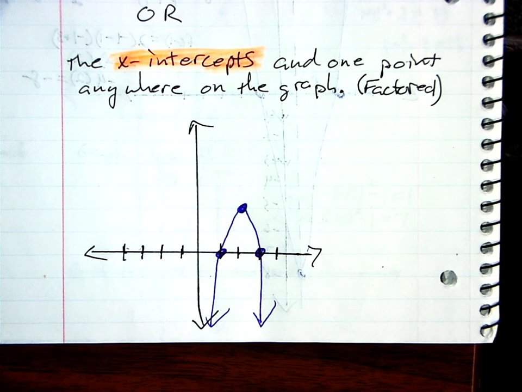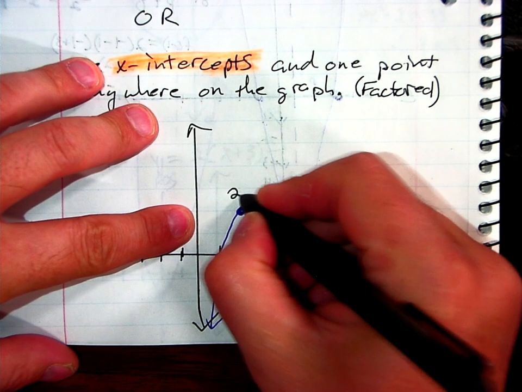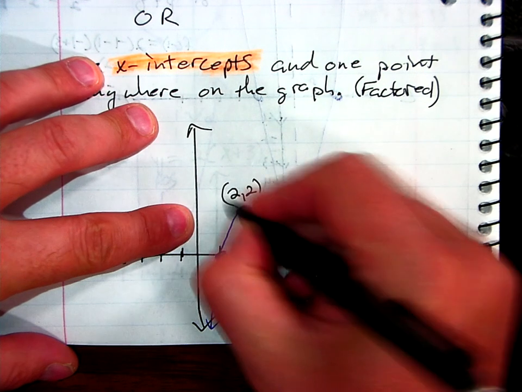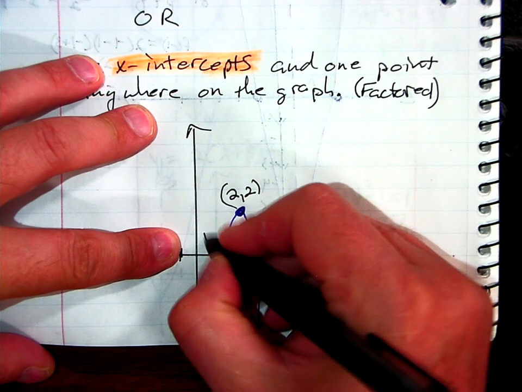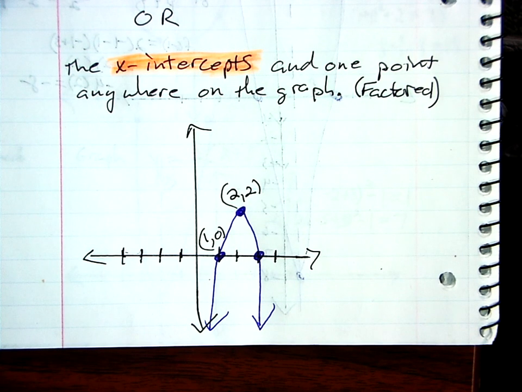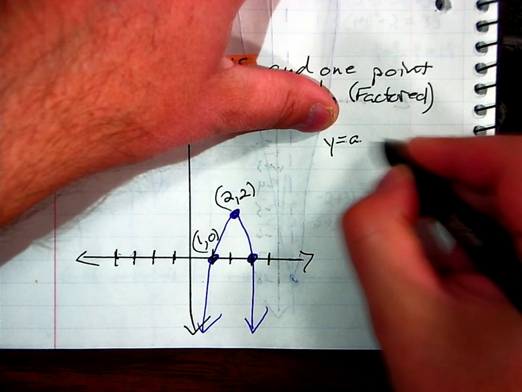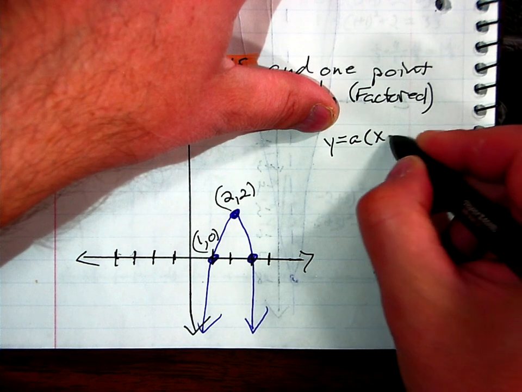All right. On this one, we have our x-intercepts and our vertex, correct? I'm going to show you how to solve this one when it gives us our vertex. Our vertex is at 2, 2, and we have a point at 1, 0. Do we all agree with that? We have a thing called vertex form. Let's go ahead and write it. y equals a(x minus h)